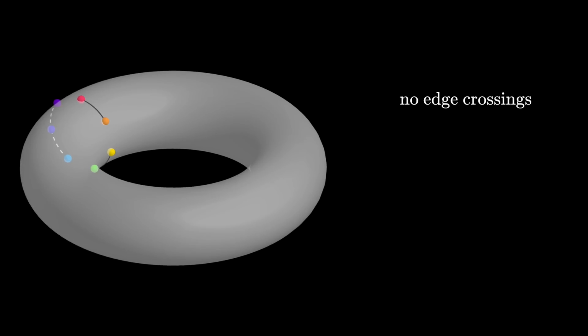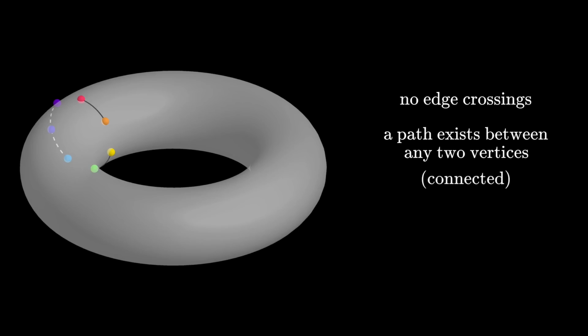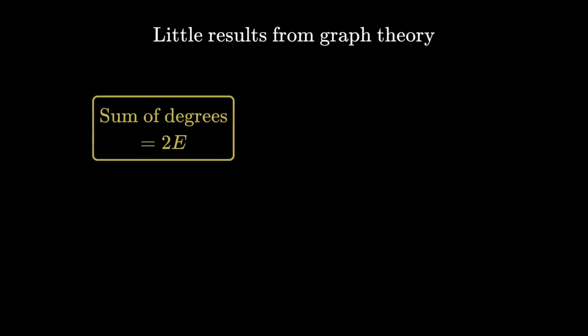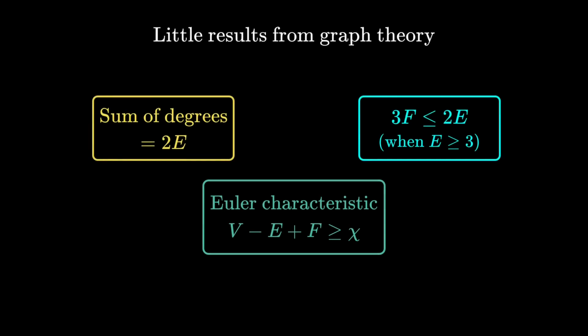Since you can move from one region to another on the torus, you should be able to move from any vertex to any other in the graph. So we should consider graphs that have this behavior, or more simply, we consider connected graphs. Finally, we can't have more than one edge between two vertices. We only need one edge to indicate they are neighbors, but not more. After we reduced coloring regions on the torus to coloring graphs on the torus with these properties, we can finally use some results from graph theory to help us prove the 7-color theorem.